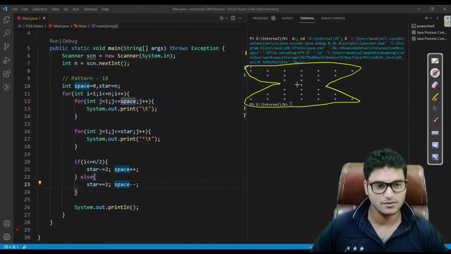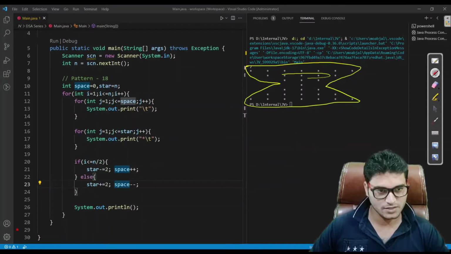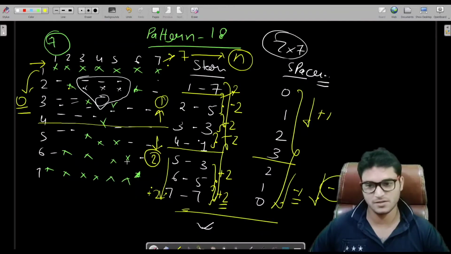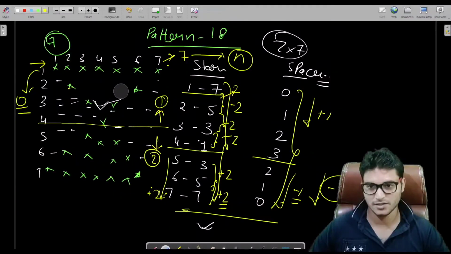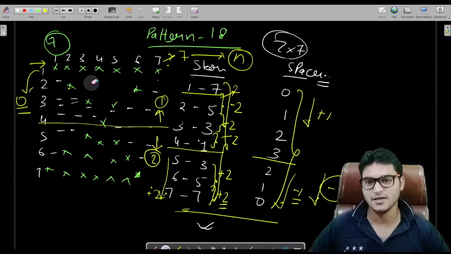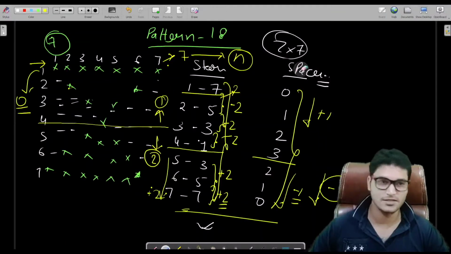What we have to do, we are almost done. We just have to remove these stars from the upper part, and the lower part would be the same. As you can see here, the lower part is filled, the upper part is empty. So let me draw this also. The upper part is empty. So this was our question, and at the initial level we were not having any stars here. For explanation purposes, I just like to visualize that we are having stars here also.